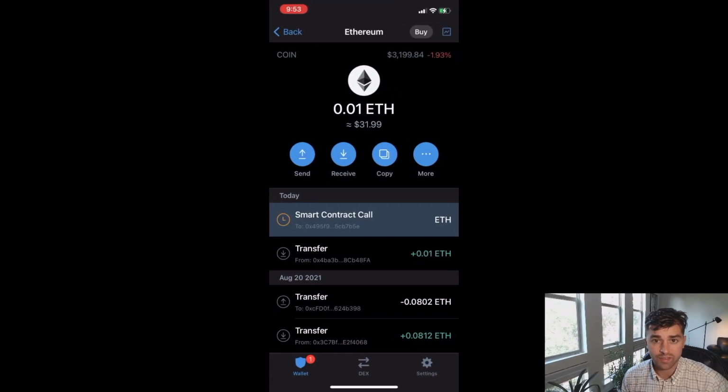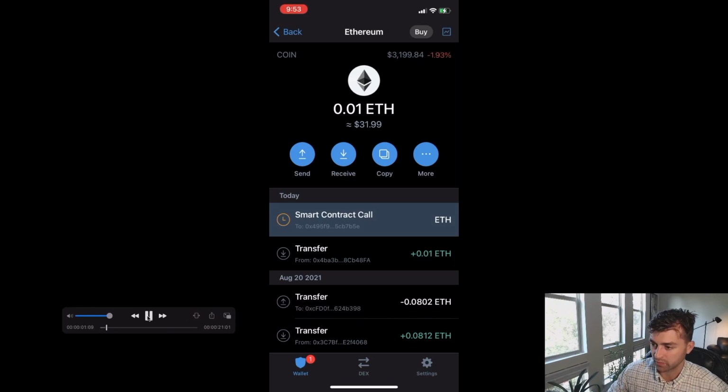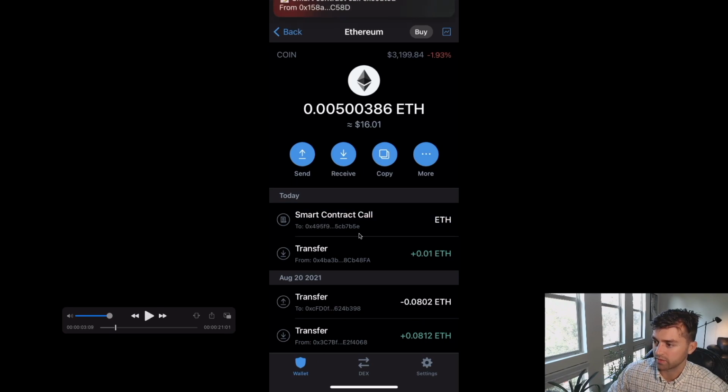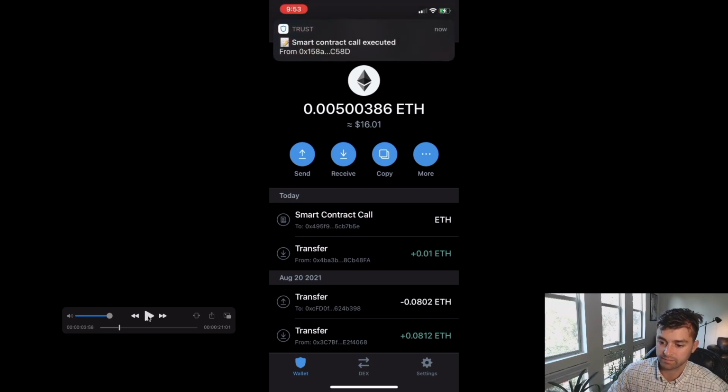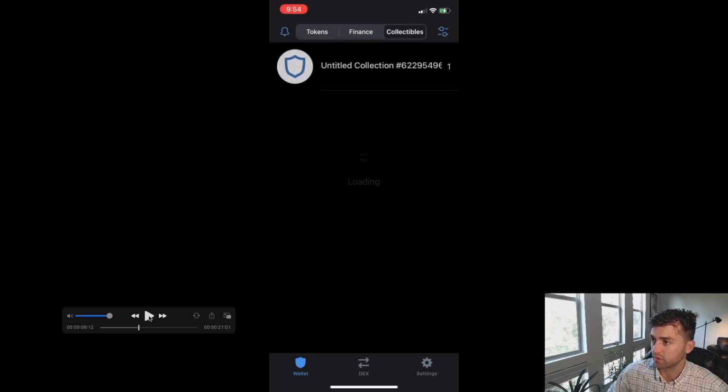So last but not least, let's talk about NFT holding within Trust Wallet. The process that I went through: I went to OpenSea.io and I minted an NFT. I then transferred that NFT to my Trust Wallet address, and this required me to pay a network fee or transaction fee, where there's a smart contract call to that NFT smart contract that OpenSea created. And okay, smart contract call executed, cool. And then at that point I go to collectibles up here and I see that my NFT immediately is in